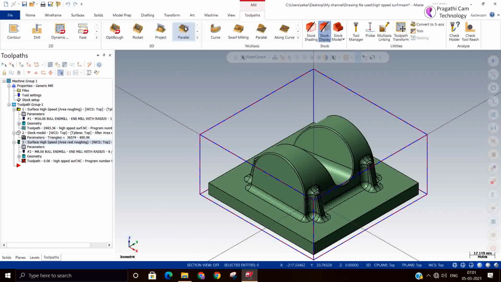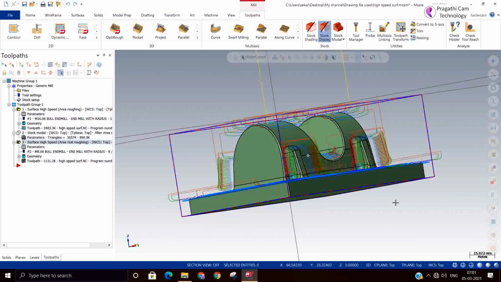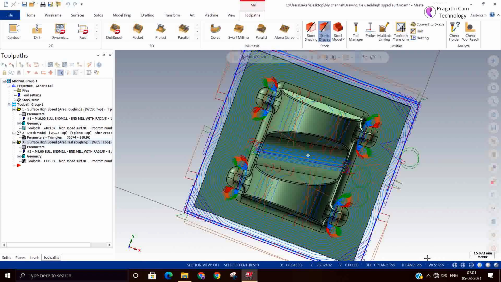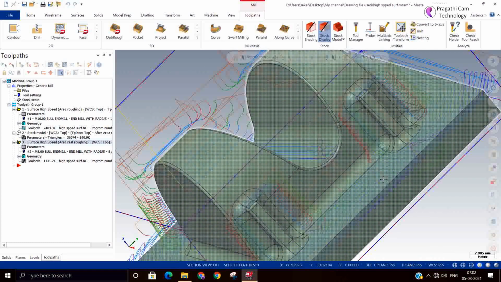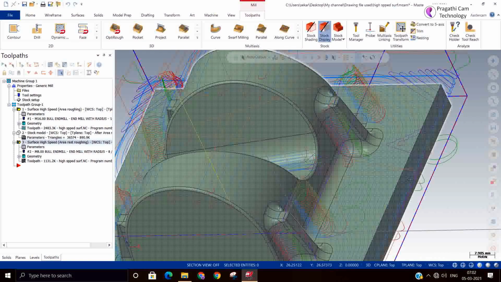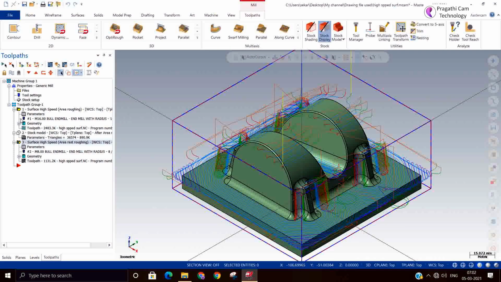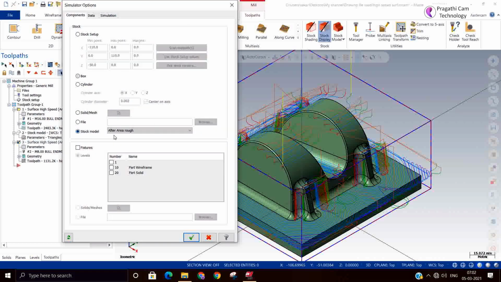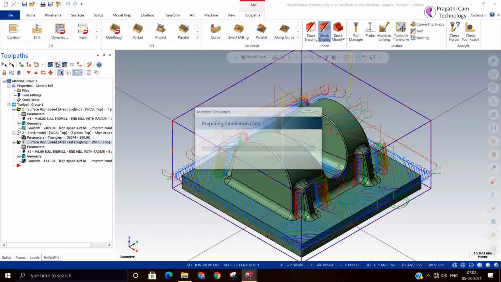So we'll see that yes, this is it. It has machined only the place where the material was left out, all four corners, on the bottom and the center of the job. Now we can select this top and machine only this, and see how it is cutting.